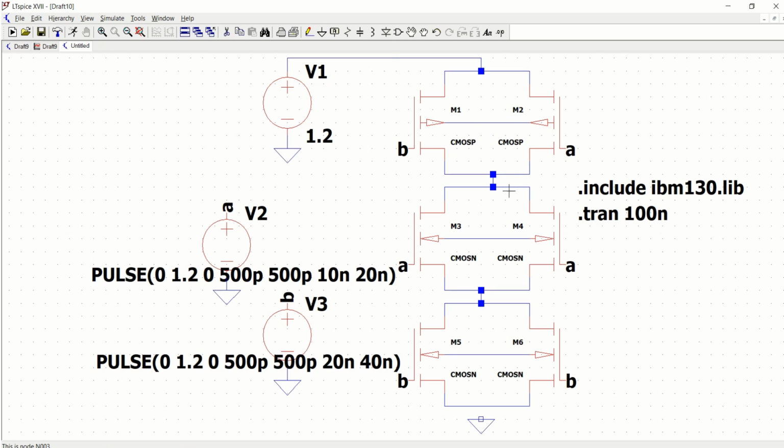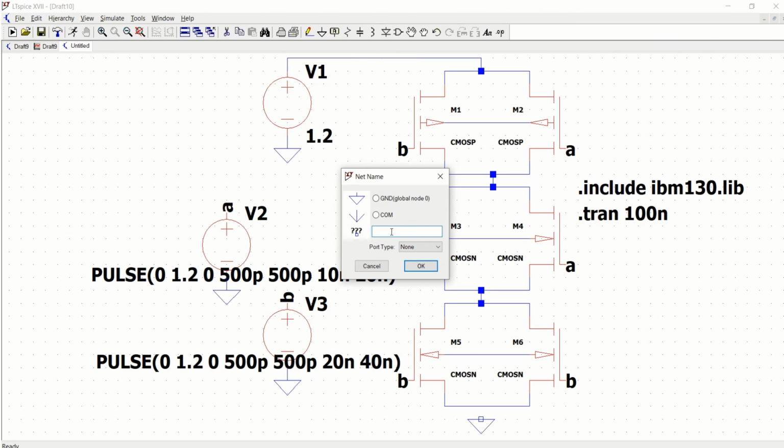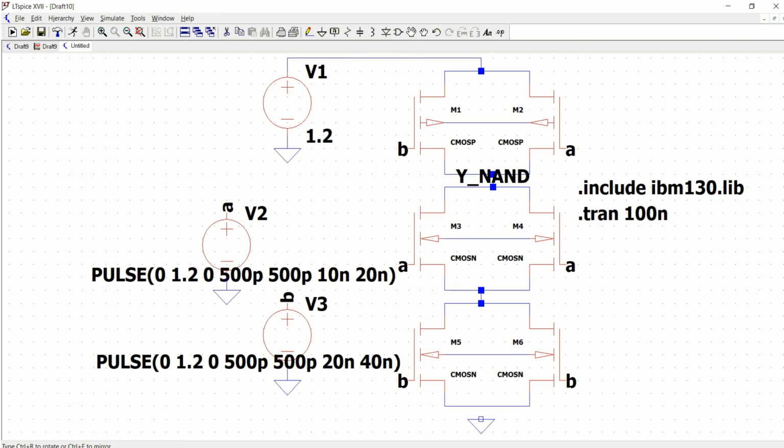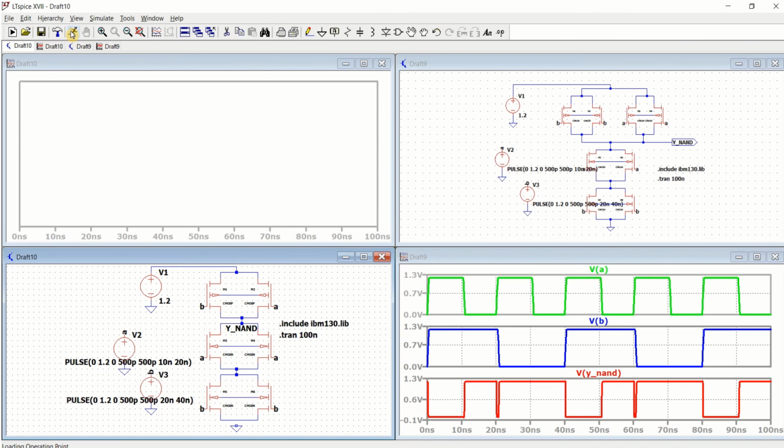Now we need to get the output at this point. So what I'll do is I'll directly place the label as y underscore NAND. You can directly place the node. So now once it is done, save the design, run it.